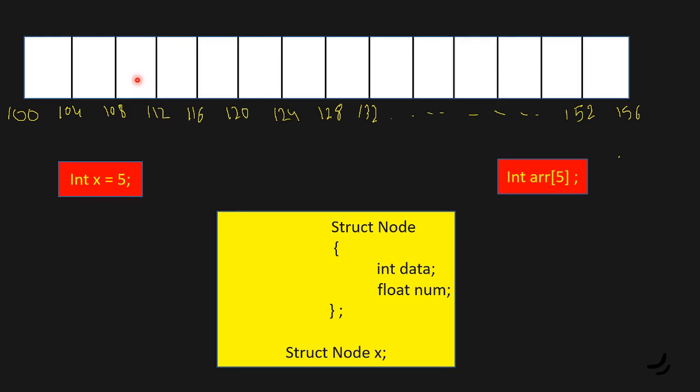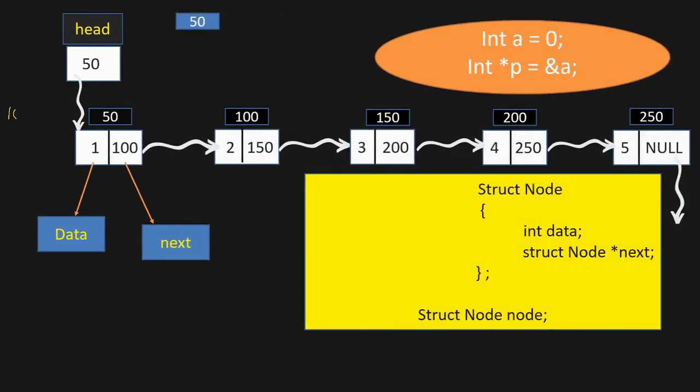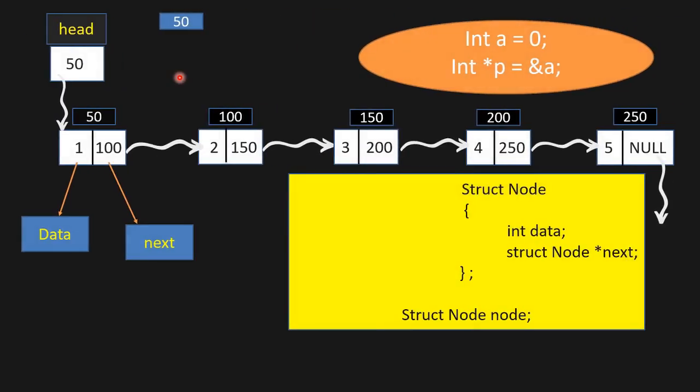That means one node may be allocated at base address 108, one may be allocated here, one here. So to traverse the list, which is simpler in the case of an array, or to connect them, we need to see how to find the link. Before going to the detailed part, as of now just understand that linked lists are randomly allocated and we have nodes inside them. Now let's see the diagrammatic representation of the linked list.